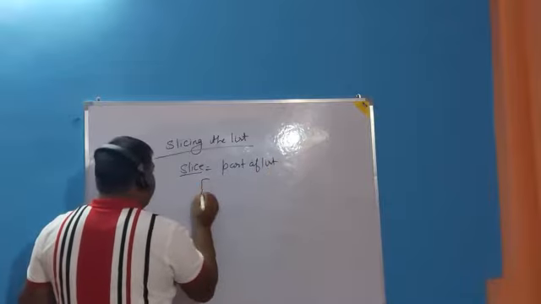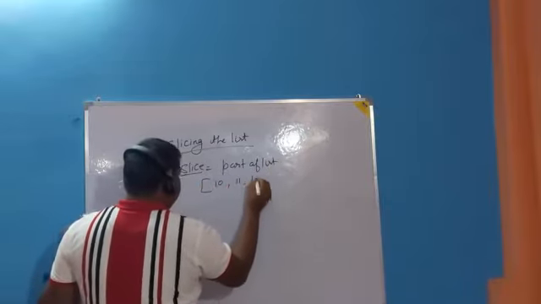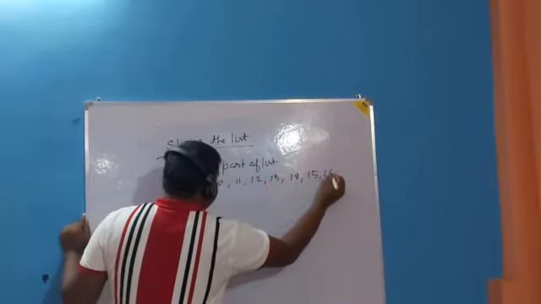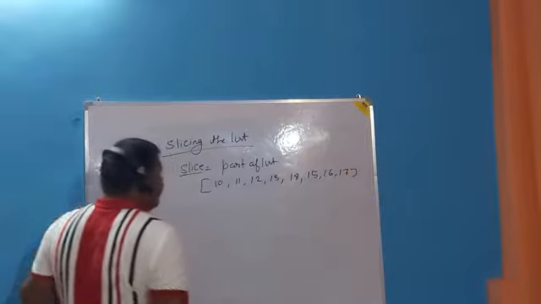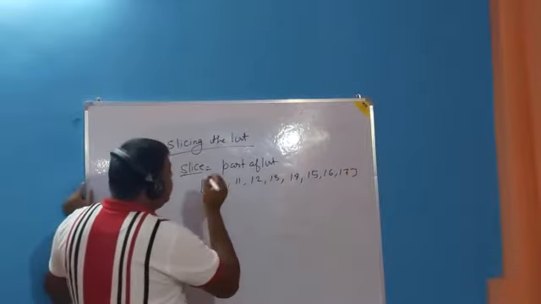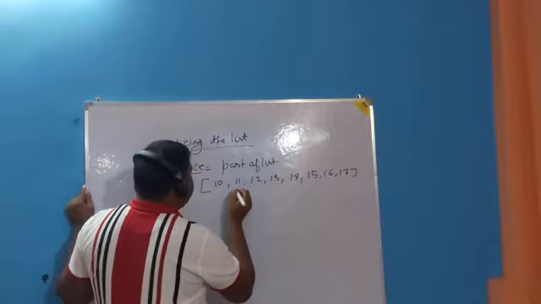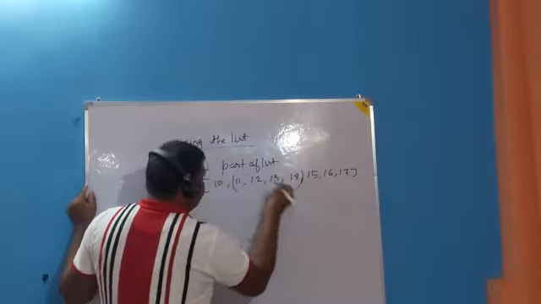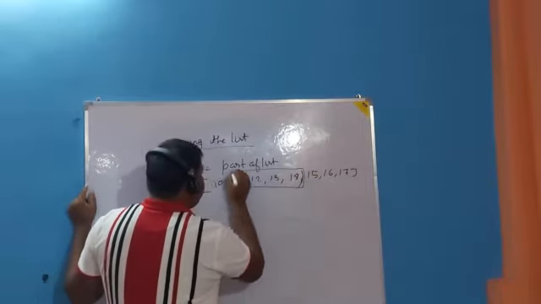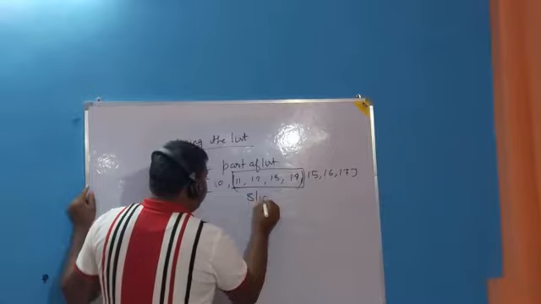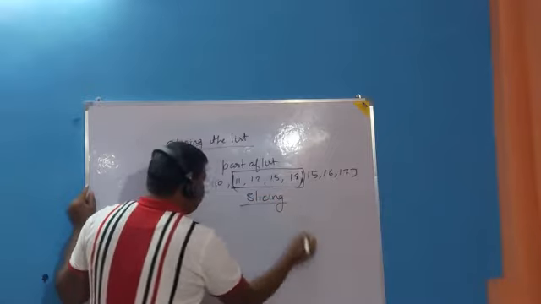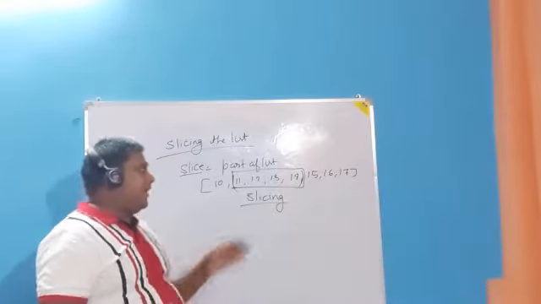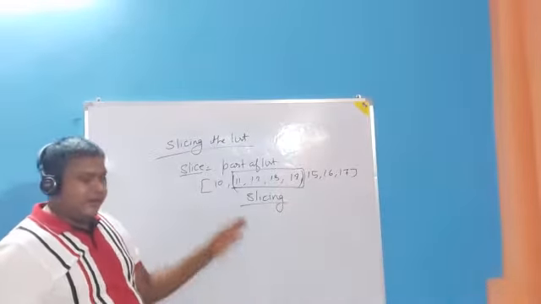If we have a larger list 10, 11, 12, 13, 14, 15, 16, 17, and if we want to take a part of the list, meaning we want to take some items of the list from here to there, we have to extract them by using which topic? Slicing. We have to know how to do the slicing, then we can take some part of the list, and that is called slicing.